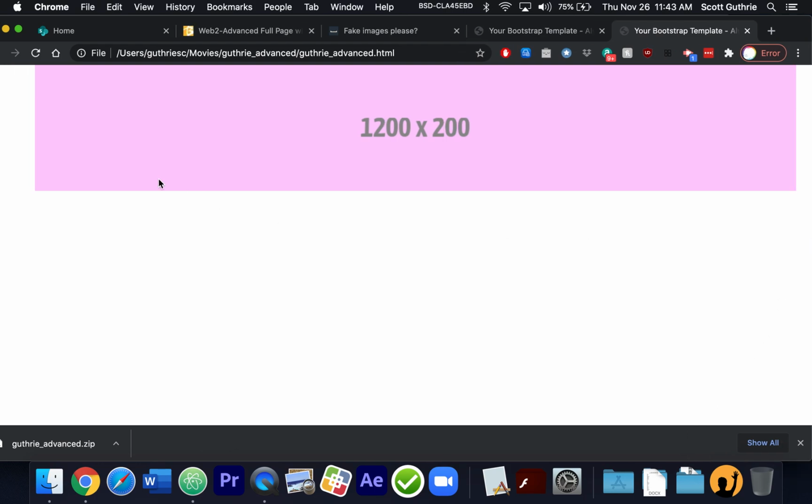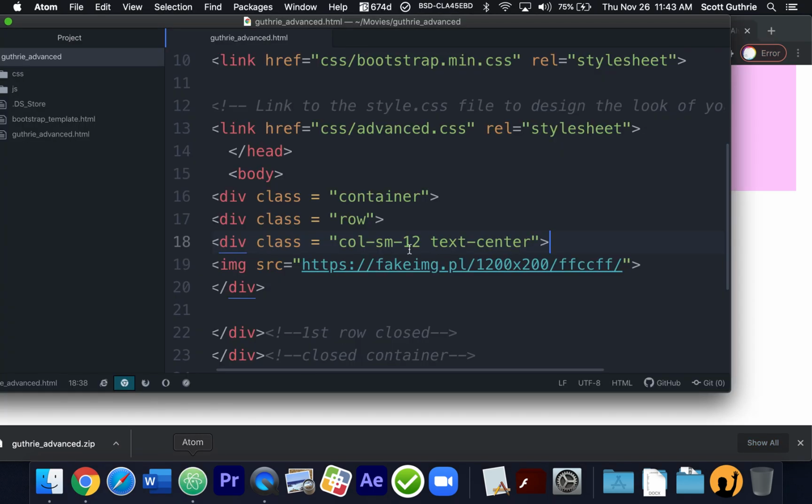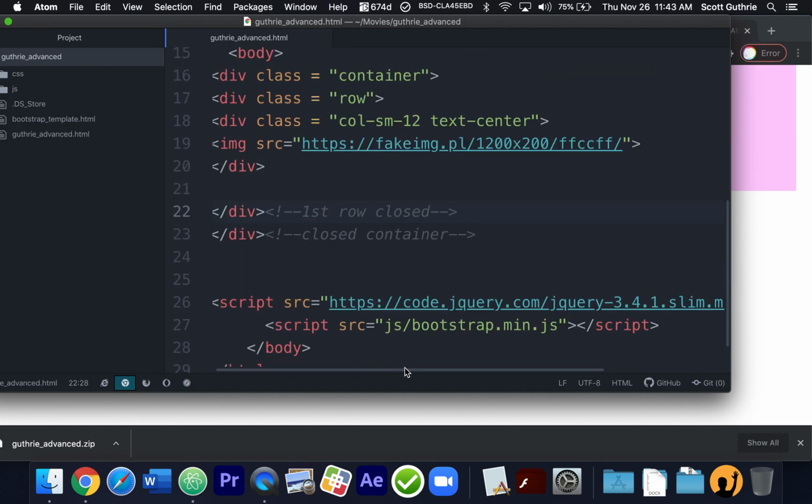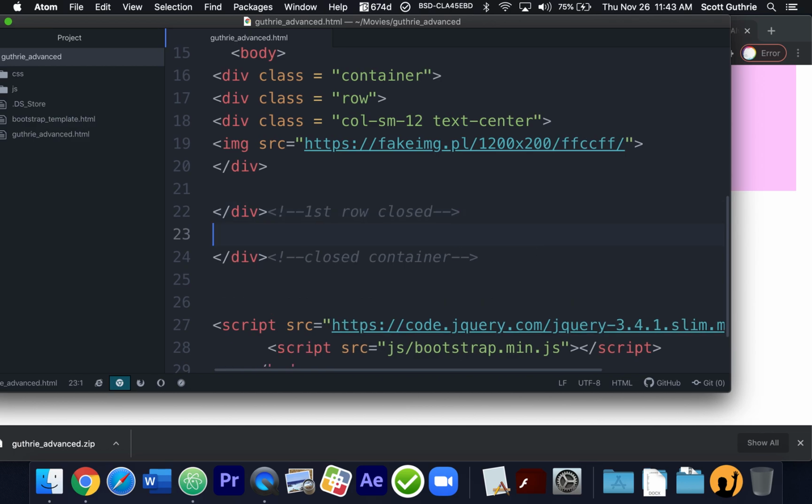It should be in that area there. All right. So now what I'm going to do is, that's the first column, and we're done with the row. Okay. So I'm going to stay inside the container, and I'm going to hit the Enter key or Return key,